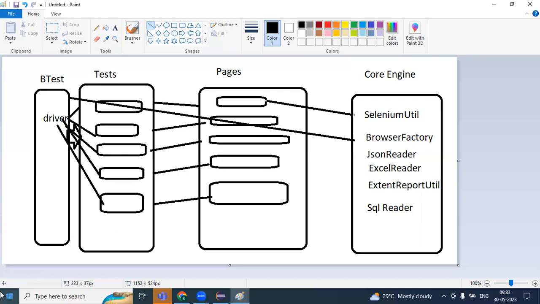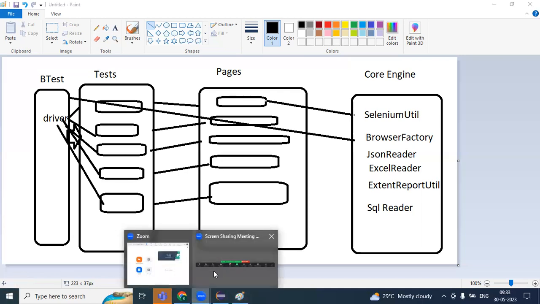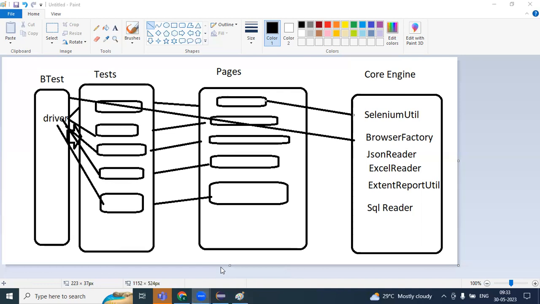Okay, guys. So today's framework you need to go through a number of times. Then only